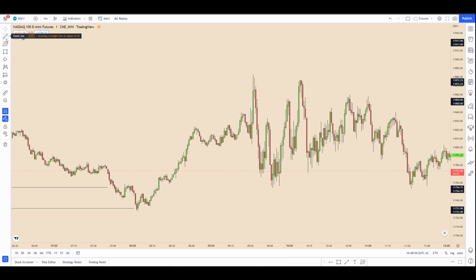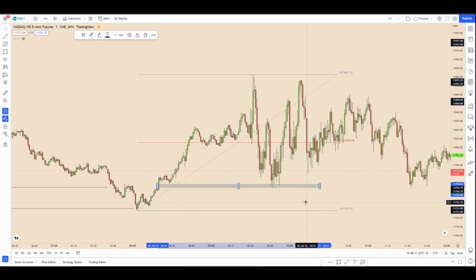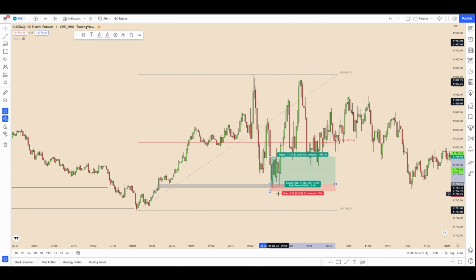Well, you got your market structure shift, right? On the 1 minute down here, 5 minute, they're all up here, right? Well, market structure shift, displacement over that market structure. So then what do you want to do? Draw out your fib. Make sure you're entering in a discount for longs. So you want to be entering somewhere in here. And so you want to look on the lower end. Is there any fair value gaps? Yes, there's one right here, right? That would be your entry, and you enter right there.